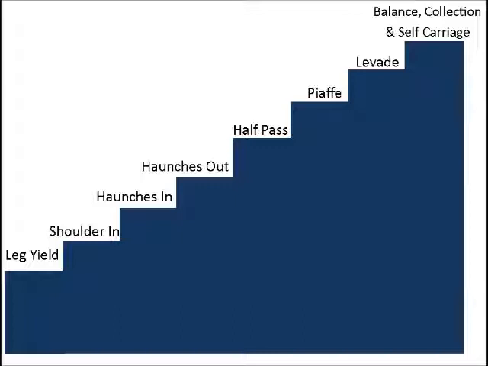Then you move on to the shoulder in, which starts to really engage the inside hind leg. Then you move on to the haunches in, which is engaging the outside hind leg. And so the purpose here, if you're noticing the pattern a little bit, you're strengthening each of the hind legs individually, okay? For the overall purpose of eventually getting real true collection where both hind legs can equally engage and really take on that load of the rider, okay? But you have to start by teaching each leg to engage,